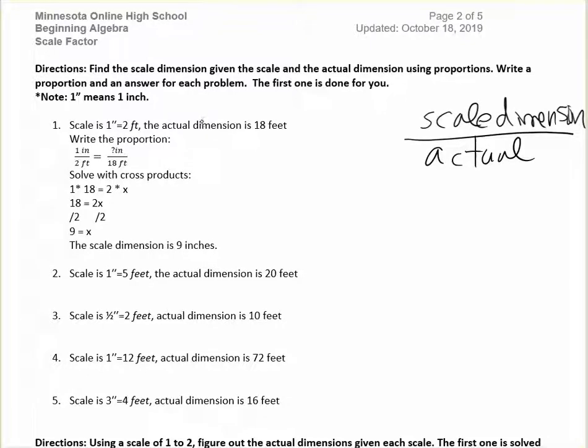In numbers 1 through 5, they're giving us the actual dimension, so that will go on the bottom of your ratio. The first ratio you use is the scale. We just write 1 over 2, you can ignore the units for now,